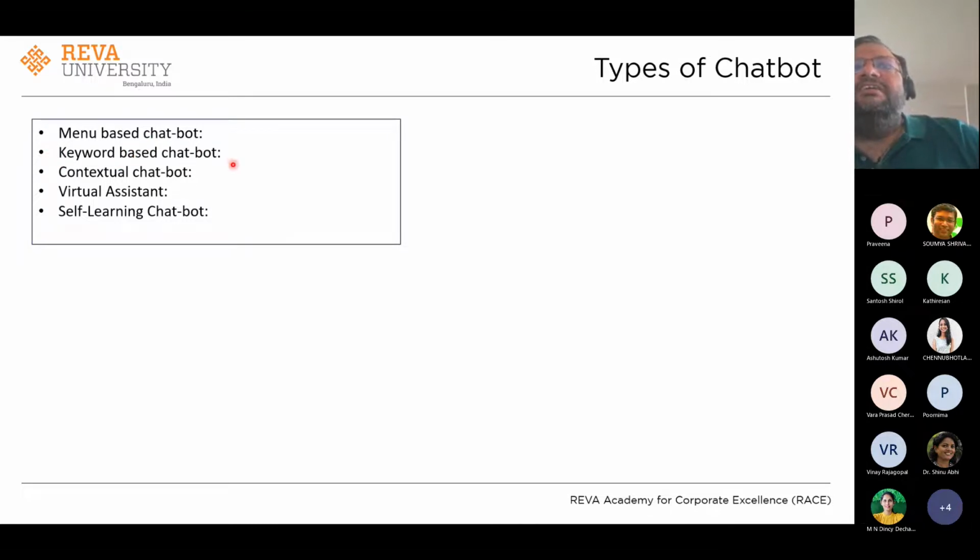But the challenge here is you will have to take care of a lot of synonyms and misspellings. If somebody forgot to write the I in price, PRC, you will have to take care that stock price is still being detected even though there is a spelling mistake. So keyword based, it responds when it finds certain keywords. Now how it responds is completely different. It is pre-populated, it has a repository it can use, or it can generate something, right? That is completely different. But keyword based chatbots typically are simple chatbots which have ready-made responses based on the keywords they see in the input.